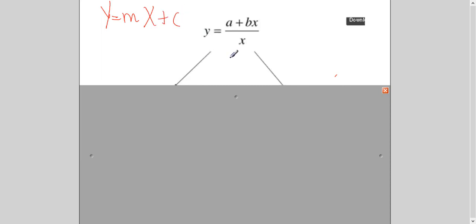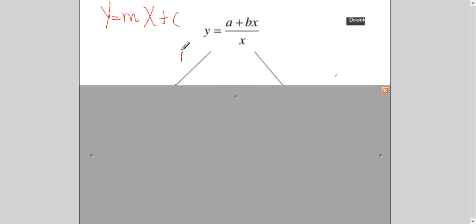Now, let me tell you here, it is not unique always. Unique means everybody gets the same answer. So you may get different values, but those values which will be used may produce the same result, right? They will produce the same result. So the point here is how to change them into non-linear form.